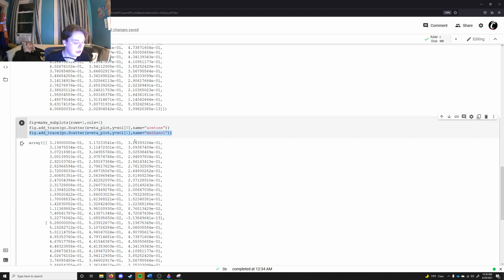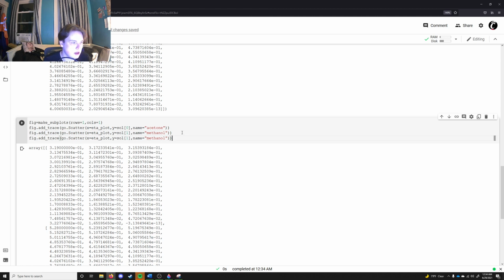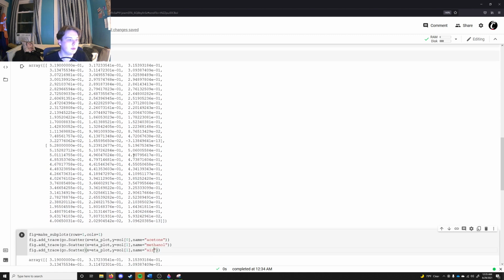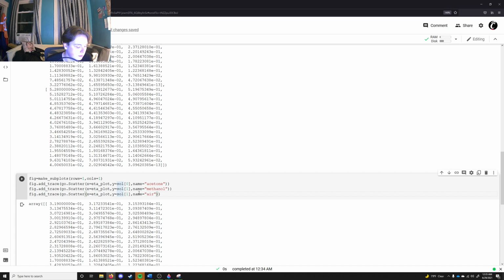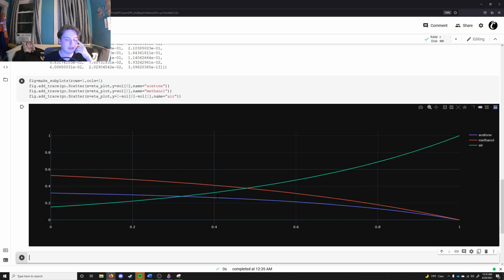Now we need to make a trace for air. I'll change this to air before I forget. Basically, we're going to be doing all of these values. The mole fraction of air is just going to be equal to 1 minus the value of acetone minus the value of methanol. So we're just going to do 1 minus sol of 0 to subtract the acetone, and then subtract the methanol, and then we're going to run this, and we are going to get our plot, which is really long,